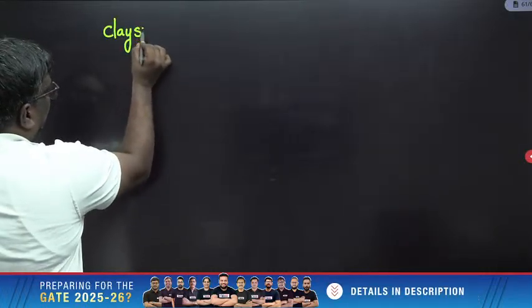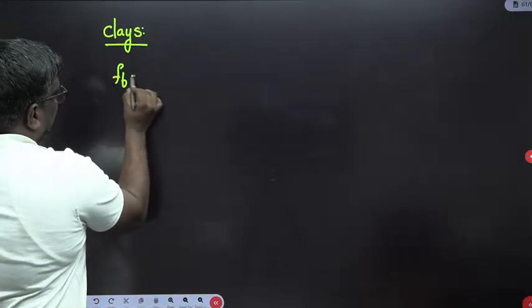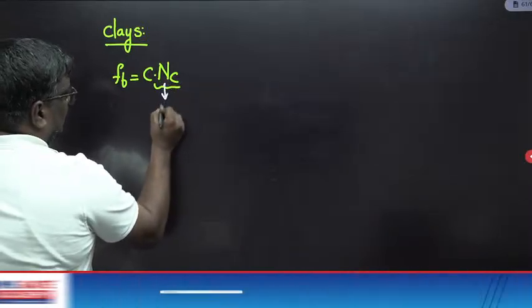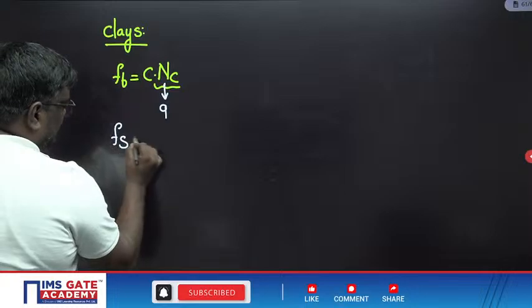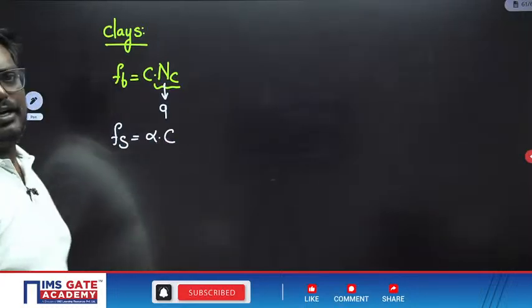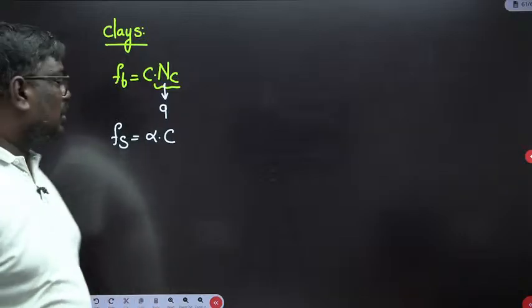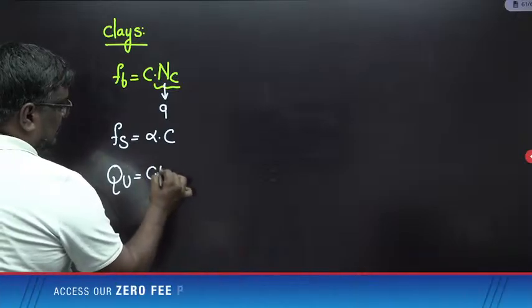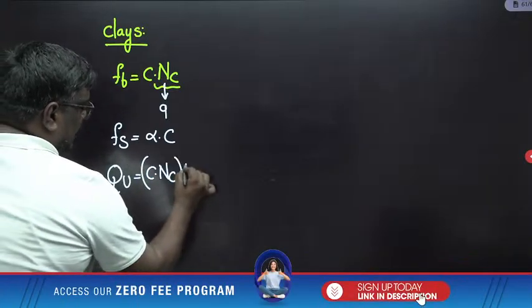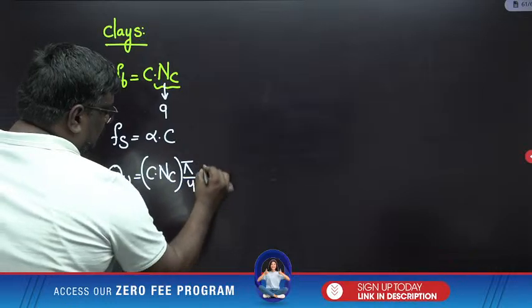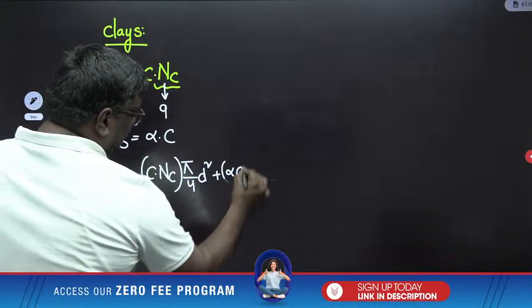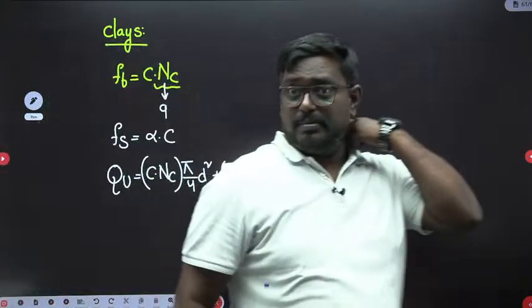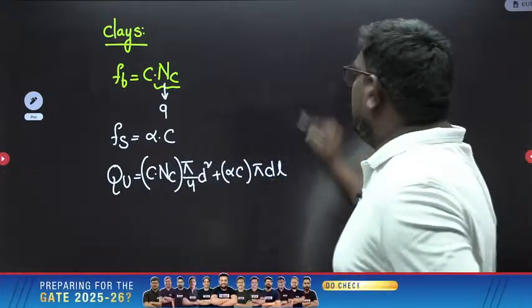Okay, for clays, FB is equal to C into NC, and NC value will be taken as 9. And Fs will be taken as alpha C. For normally consolidated clays, alpha will be taken as what? Okay. So see students, the ultimate load here, for clays, is C NC into AB, that is pi by 4 d square, plus alpha C into surface area, that is pi dl. This is for clays. Now similarly, my dear students, if they ask you for sands,